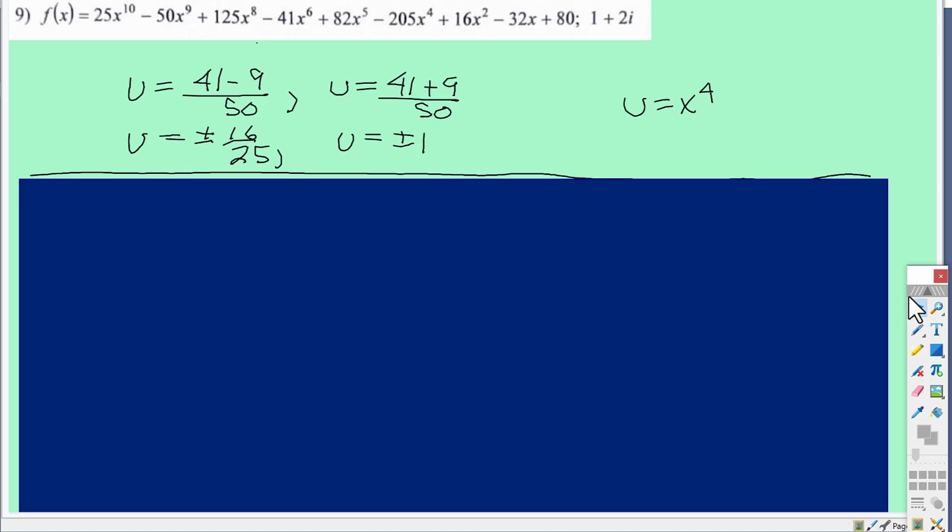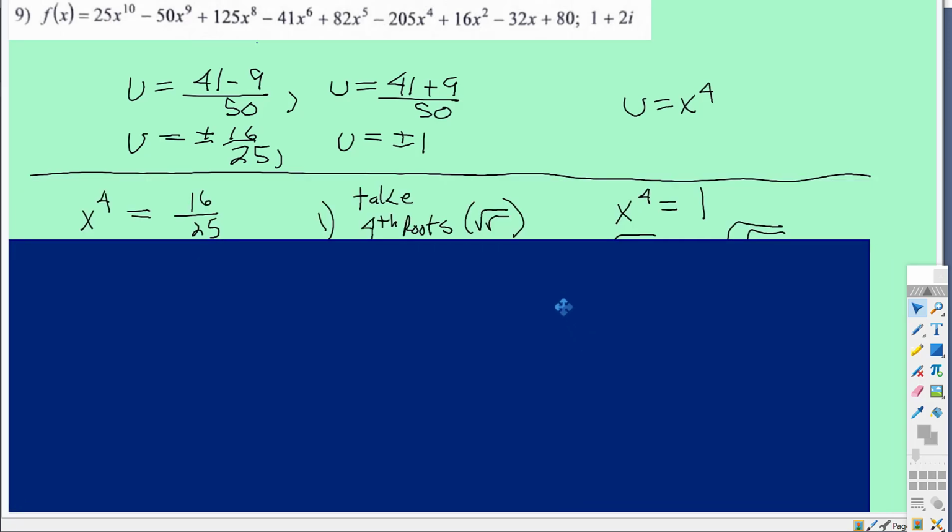So, I went ahead and finished it over here. Okay, so x to the 4th. We've got x to the 4th equals 16/25, and x to the 4th is equal to 1. And then you're going to take the 4th roots. The 4th root looks like this, but another way to think about it is,